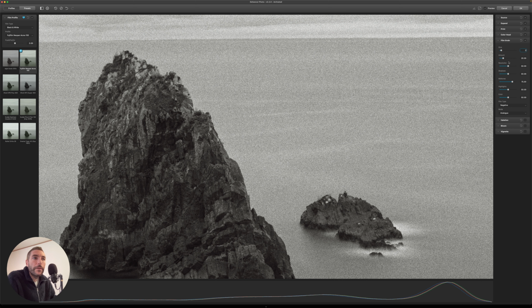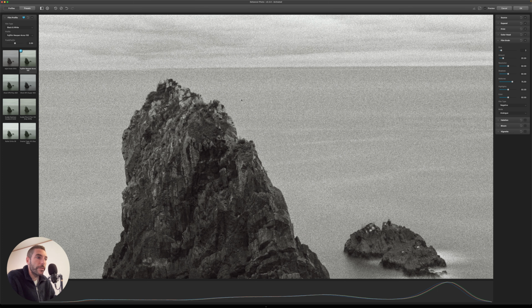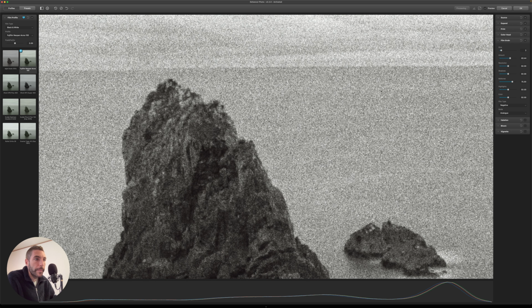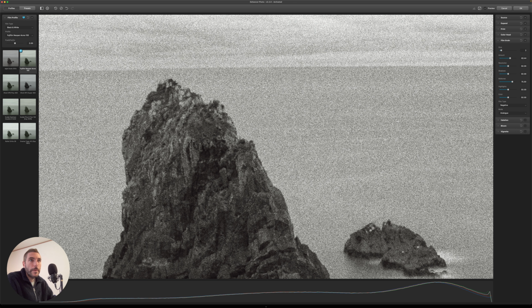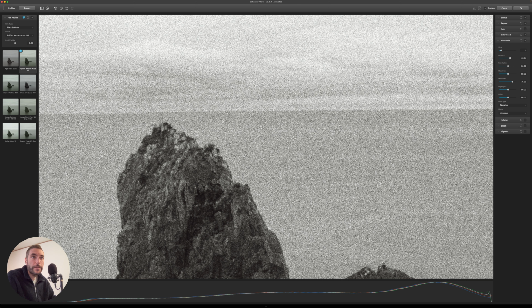And then you can of course change the actual amount of grain in the image overall. At the moment it's 20, which is a good starting point. Depending on the image or the effect that you want to achieve, you can go crazy and you can go really high. But as you can see, some of the images might become really, really grainy. So it might not be the effect that you want to get. I think the default setting of 20 is actually pretty good in this case, so I'm going to keep it that way.